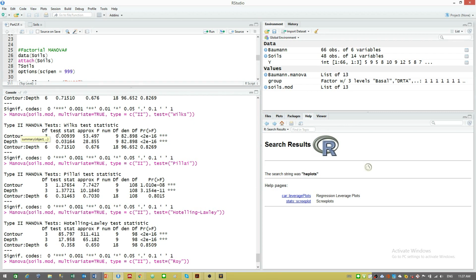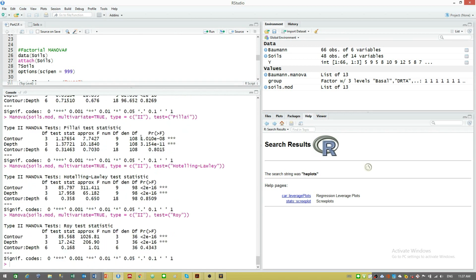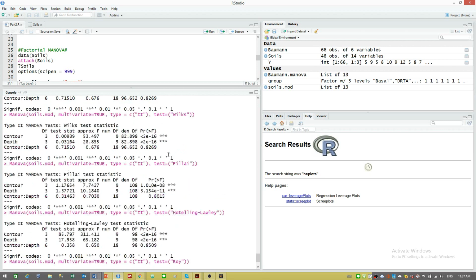So we have here the type 2 sum of squares, and also the test statistic that's calculated using these sums of squares. So this is the Wilks, this is the Pillai, this is the Hotelling-Lawley, and this is the Roy. Okay, so here we can see that for all of them the interaction term for the contour and depth is insignificant if you look at all of these test statistics. If you look at their p-values for the interaction term, they are all way above 0.05. But for the contour and the depth, they are all way below